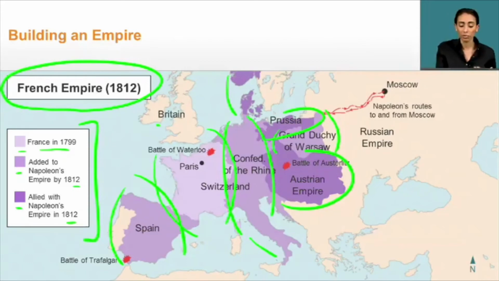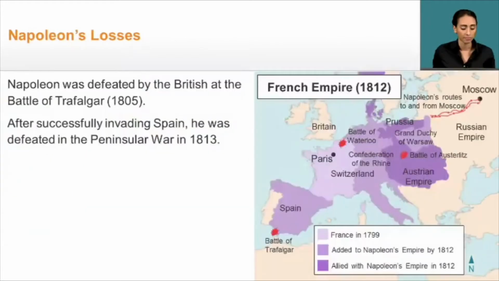But England, or Britain, is afraid of what this could potentially mean for them. And so Britain actually persuades other countries to try to push back against Napoleon's growing empire. So let's take a look at what happens. Now, we see again the French Empire as it was in 1812. And so we're looking at a smaller version of what we just looked at. But there are a couple other things that are noted here. And we'll talk about some of these things in detail.